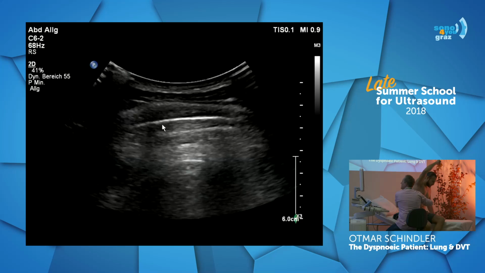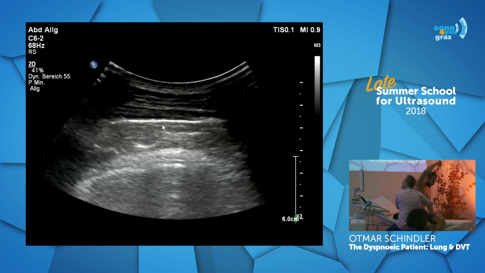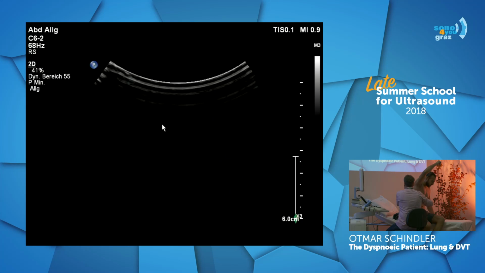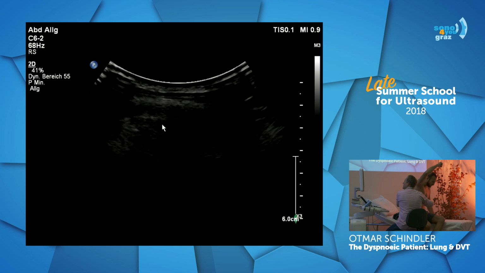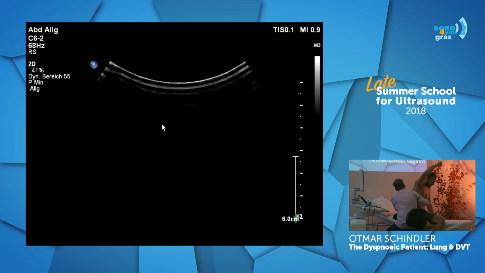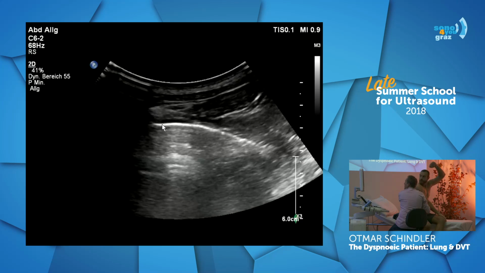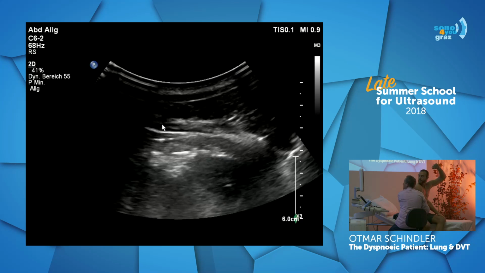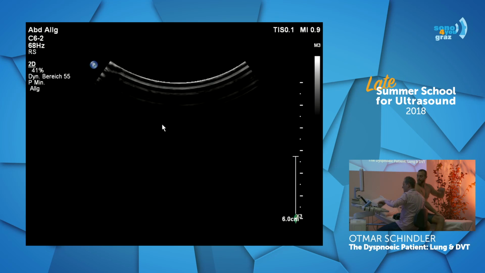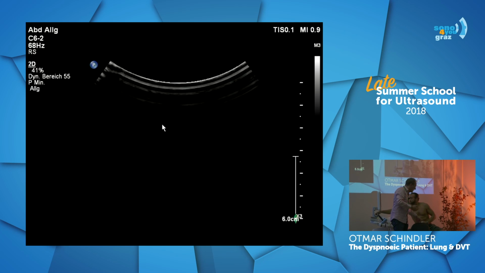So if we scan the whole posterolateral region on the dorsum, we don't see any defects. There's no sign suggestive of pulmonary embolism. Of course, we cannot rule out pulmonary embolism totally with that, but if the patient has absolutely no signs of anything, we have to think